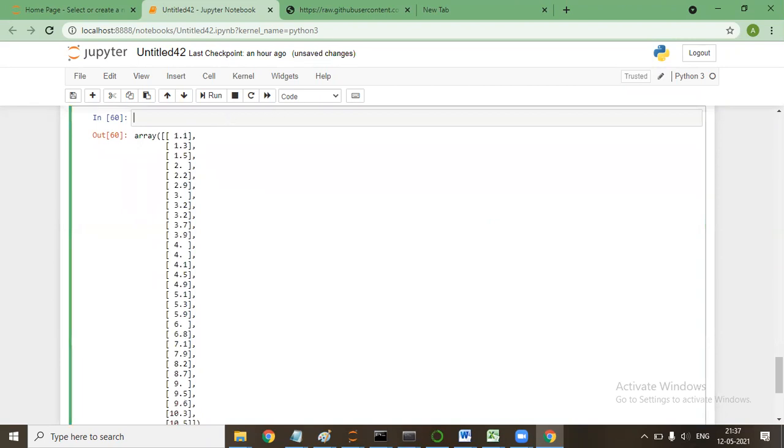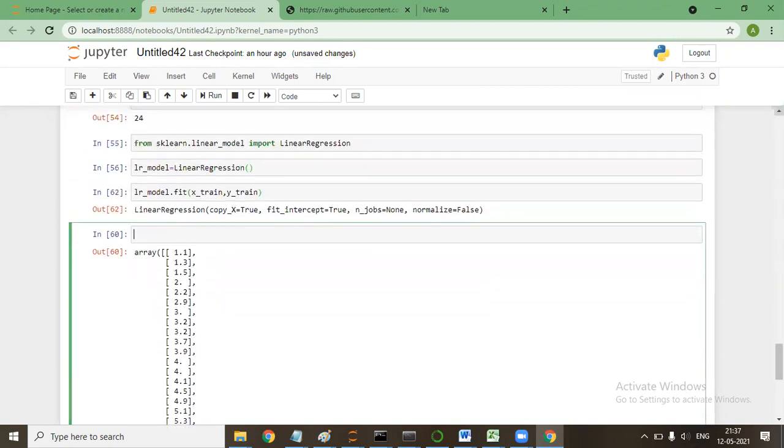Now if I say LR underscore model, it won't be dot, model dot predict.